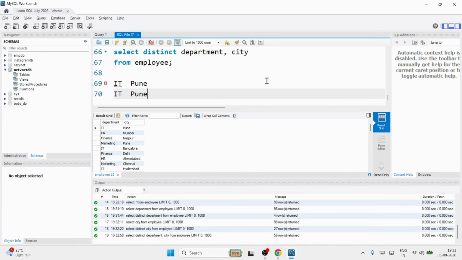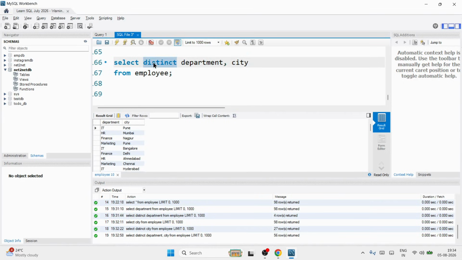Yes. May happen, no? Means you can have two employees which are in the same department, same city. So IT Pune can appear two times. But as you have given distinct to this combination, department city combination, if department and city is repeating, it will take it once only. And that's the reason you got 56 records, guys. Actually 98 records हैं, उसमें से 56 आया, मीन्स इससे प्रूव होता है कि ऐसे कुछ रिकॉर्ड्स रहेंगे जिनका सिटी एंड डिपार्टमेंट सेम रहेगा।